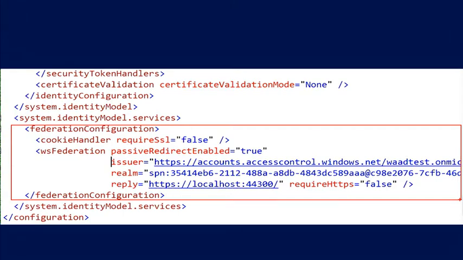If you go down to the bottom, you'll see just at the top, cookie handler requires SSL as false. You can decide if the cookies need to be encrypted or not. You can see there's an issuer. The realm is an SPN. It's the URL to reply to, and whether you're going to enforce HTTPS or not. So there's a few other changes in the web.config as well. Give it a whirl, keep the old one, take the new one, see what the differences are, and you'll see